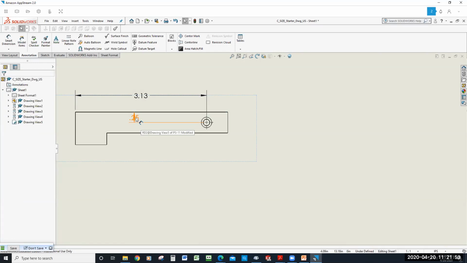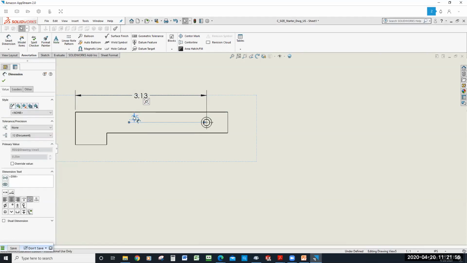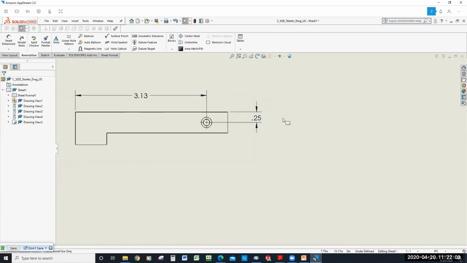Let's see what happens. Now that it jumped out here, will it have a leader? It does have a leader. Remember the other day I couldn't, if I put the dimension out this direction, it wouldn't show a leader here. So anyway, I can do everything that I did, and I can also go ahead then and check my units and